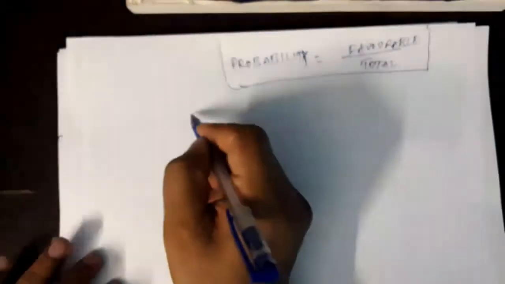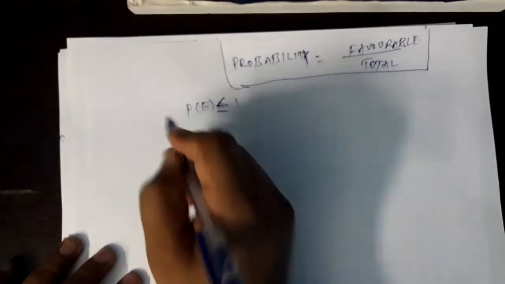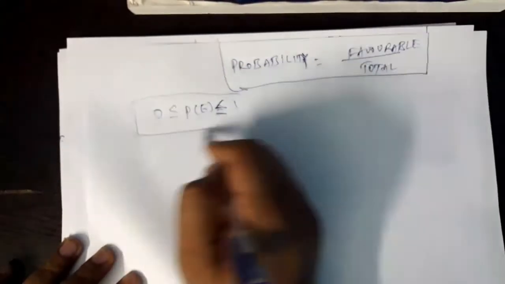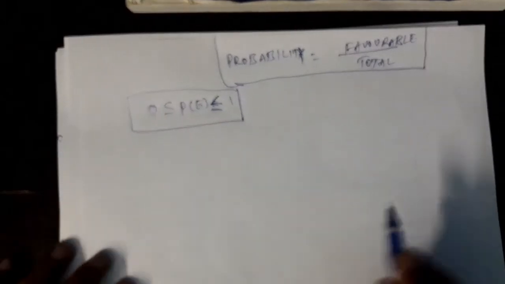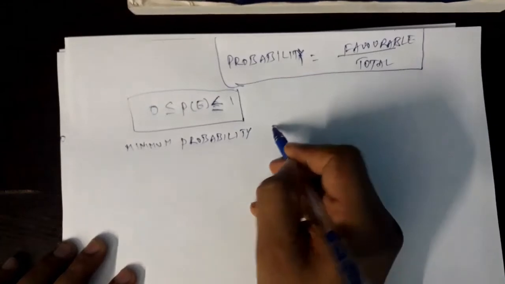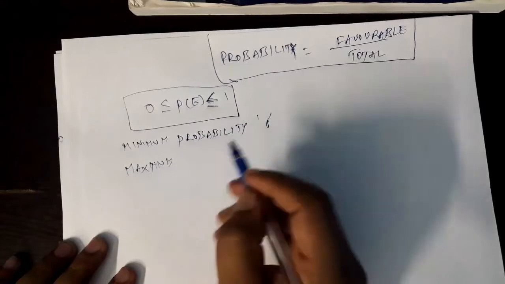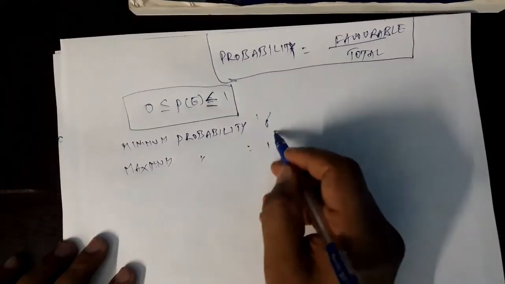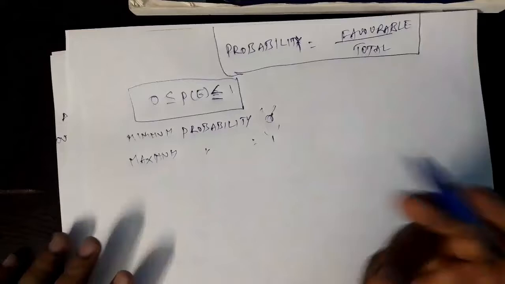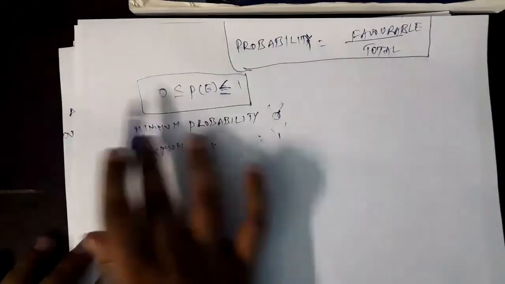Now what we have observed, probability of an event E, any event, will always be between 0 and 1. That's what you have observed. So minimum probability of any event is 0. Maximum probability is what? 1. So probability of any event cannot be greater than 1, and probability of any event cannot be